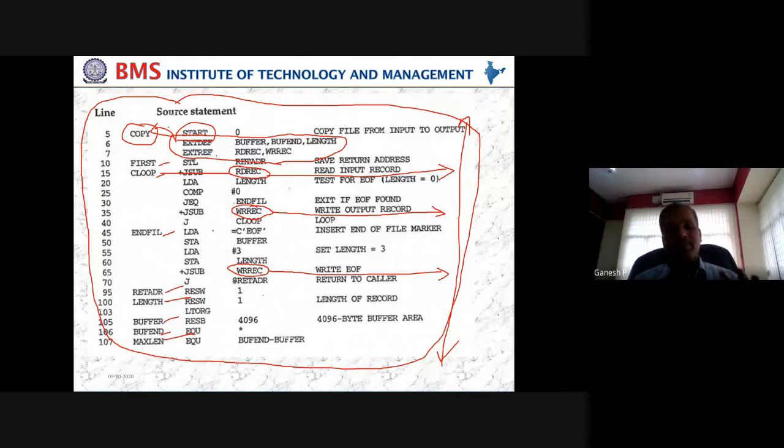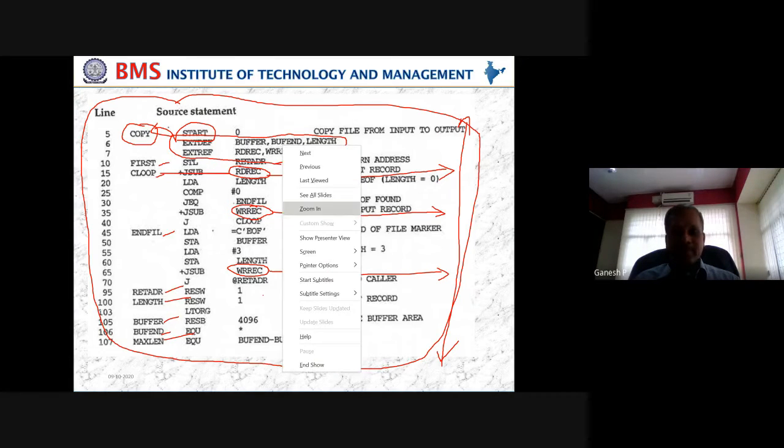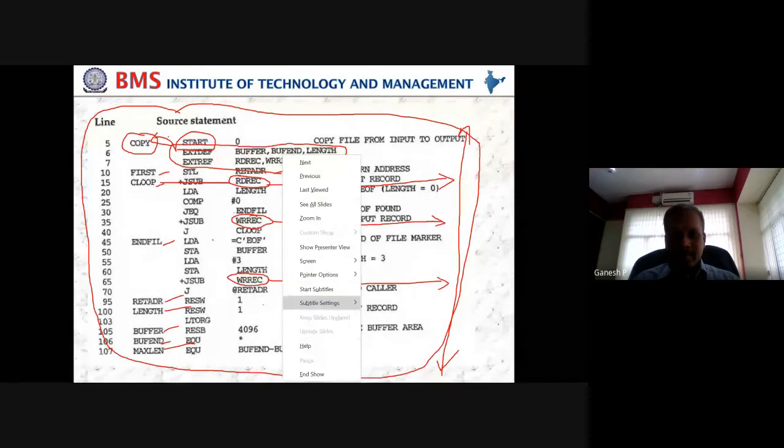So we need to provide a mechanism such that those variables which are commonly used between two or more control sections are properly addressed. In this particular control section, we are in the first control section. We know the program has been divided into three independent or unique entities. We are in the first one now. In the first one, when I am here, there are three items by name. Let me highlight them once again.